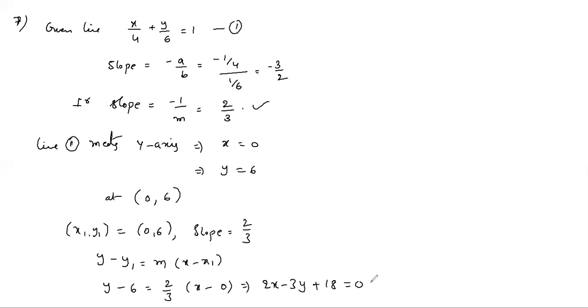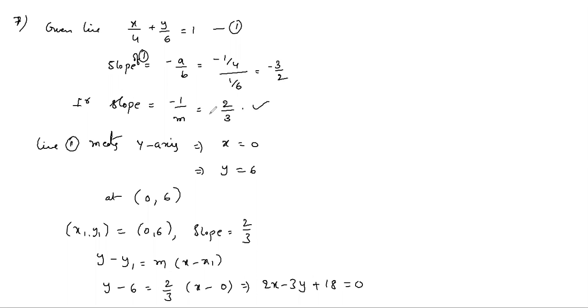Sir, can you explain what you did after finding the perpendicular slope? Here you have to find a line perpendicular to the given line. So first you take the slope of the given line. Slope of line 1 is minus 3 by 2. But you have to find the perpendicular line. Perpendicular line means you have to take the perpendicular slope. Parallel means same slope. So perpendicular slope means minus 1 by m, that is 2 by 3.